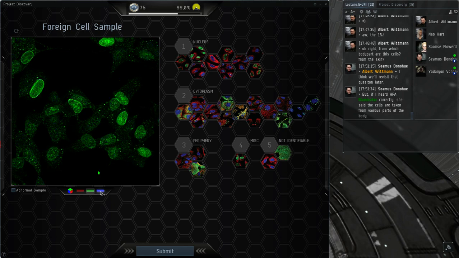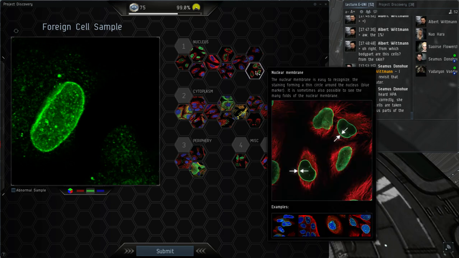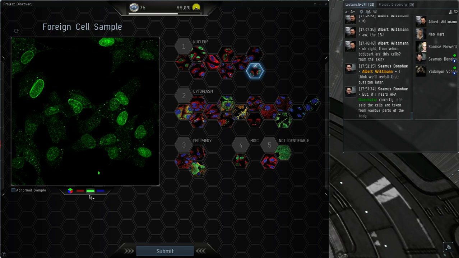This is a new staining pattern we haven't seen before. What we see is that it's overlapping with the blue, so it's a nuclear pattern. But you can also see that it's not staining the whole nucleus, it's really at the edge of the nucleus, which means that it's the nuclear membrane. The nuclear membrane is pretty much like the plasma membrane or the cell membrane, except that it encloses only the nucleus. We have the nuclear membrane to keep the nucleus safe, because the nucleus does contain all the DNA. So the nuclear membrane enables very selective transport of molecules into the nucleus or out from the nucleus.